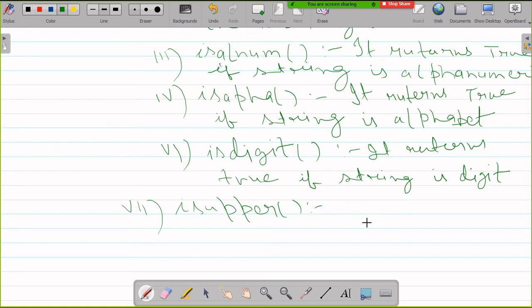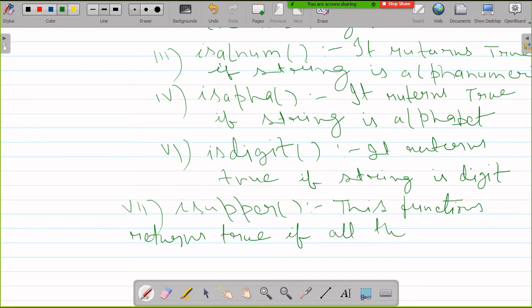So isupper function returns true if all the characters are in upper case, okay. And same with the islower.